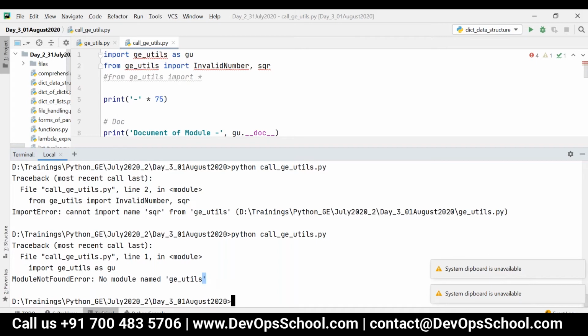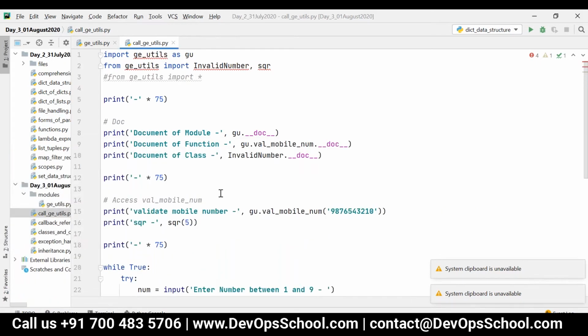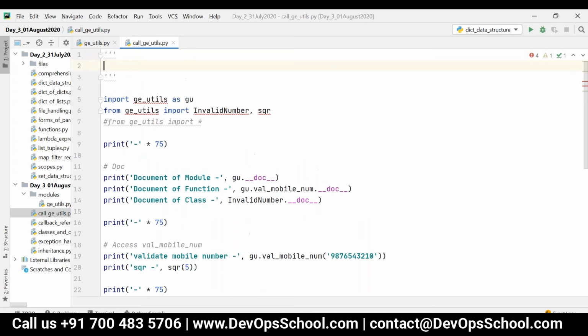So in this case, these two files are present in two different directories. Whenever any module is imported, that particular module will be searched in the following directories in the same order.